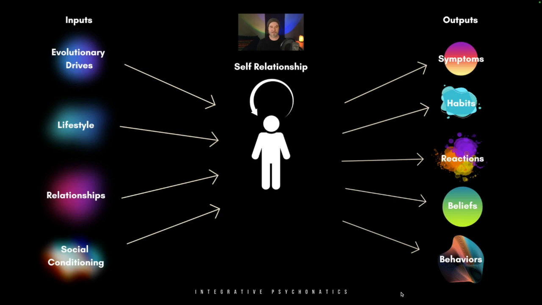The first thing I want to point out is that we have this inputs column here. We have our human being, our self, in the middle, and then we have our outputs column here. This is a real rough, basic, systemic view of ourselves as a human being. This is a view a lot of us don't take about ourselves. The idea here is that we can start to sort through: what are my inputs? How does that impact me? And what is that output in me?